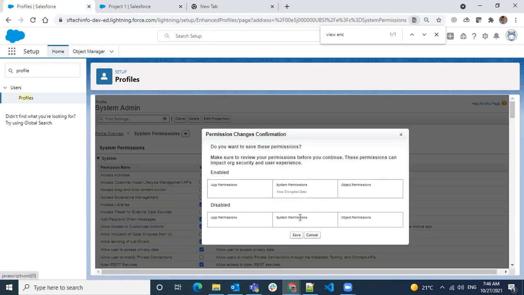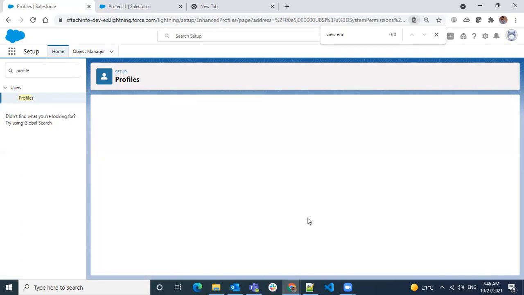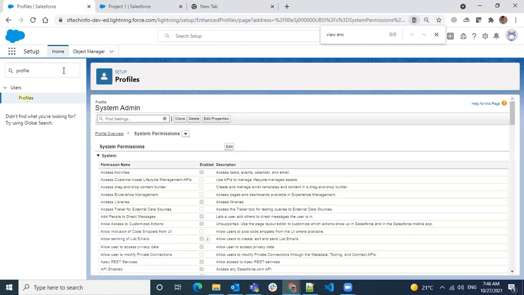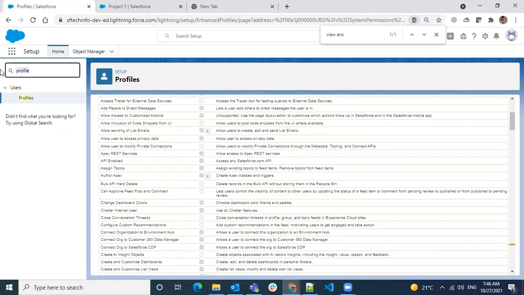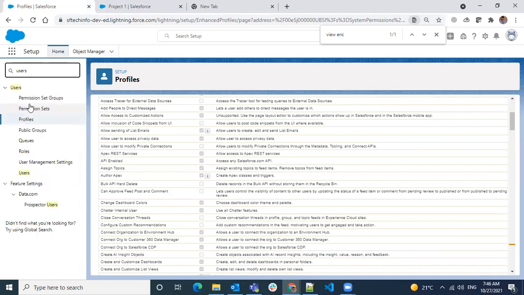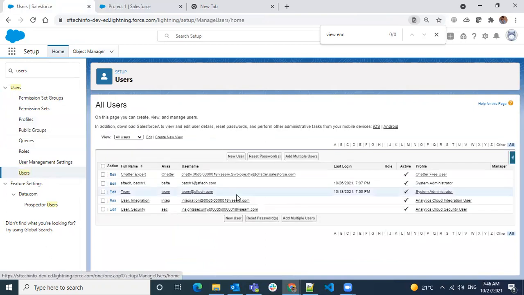App permissions, object permissions. Okay, let's see whether we are able to change the profile of another user. I cannot change mine. Why? Because I am the first user in the org, so I cannot change anything on mine, and at least one user should have the standard System Administrator profile.